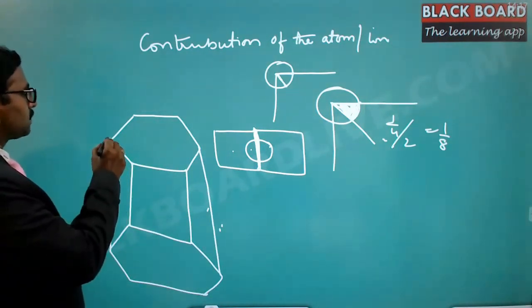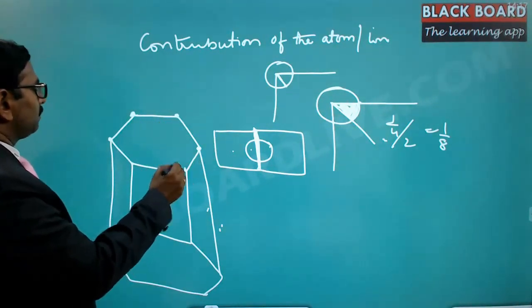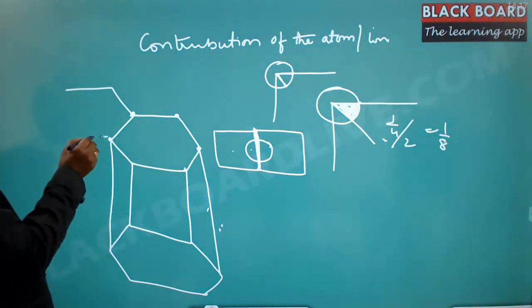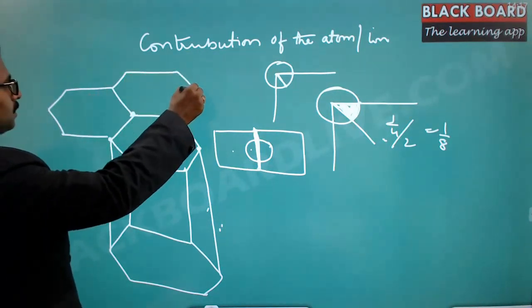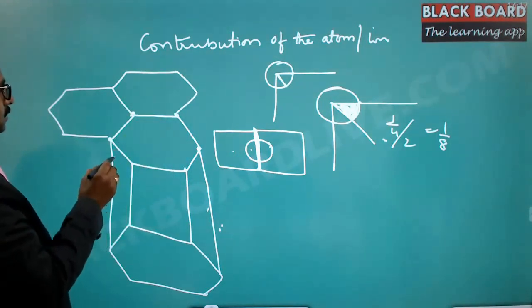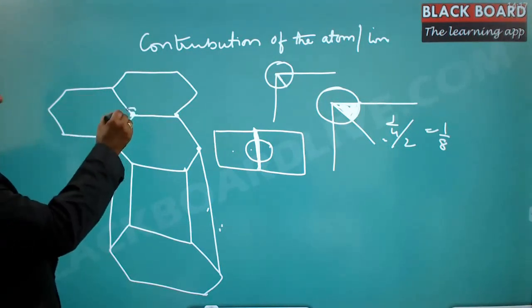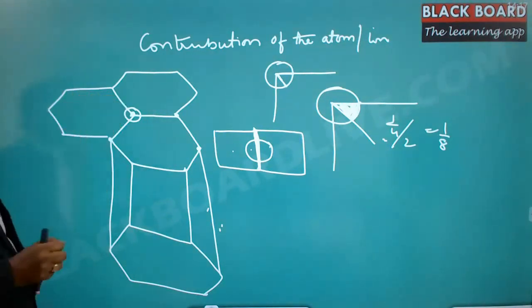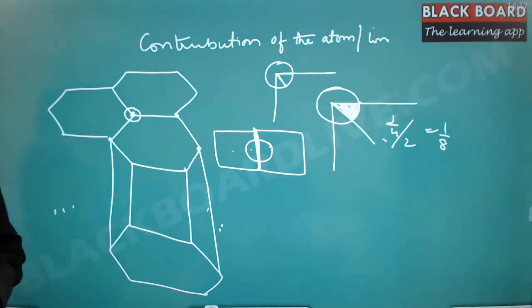These are the corner atoms. Now, the corner atom is shared by another hexagon, and here another hexagon. Next, in front there exist 3 hexagons. So it is common for 3 hexagons, and in front again 3, another 3, and a set of 6 hexagons shares this atom. So for each hexagon, its contribution is only 1/6.